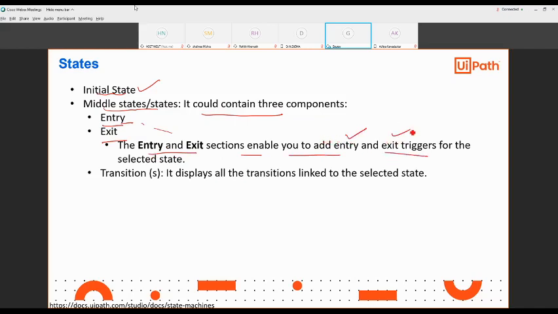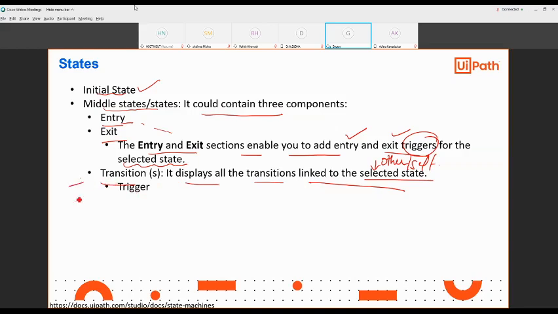During entry and during exit, if you want to mention a trigger or anything, then you can use this. And transition displays all the transitions linked to the selected state or other states. Maybe other or self, both are okay. We just show you transitions linked to the selected state.